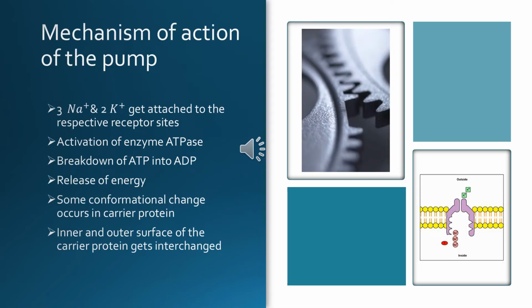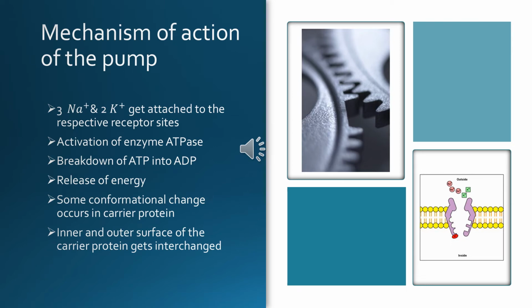The mechanism of action of the sodium potassium pump is such that 3 sodium ions get attached to the receptor sites on the inner surface of the carrier protein, and 2 potassium ions get attached to the receptor site on the outer surface of the carrier protein. When these ions get attached to their respective receptor sites, the enzyme ATPase will be activated, and the ATPase causes